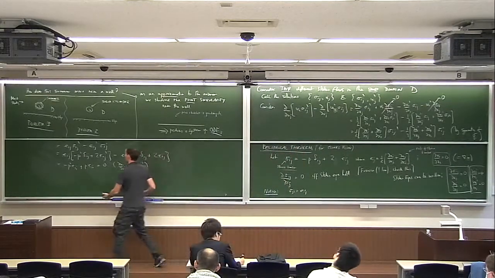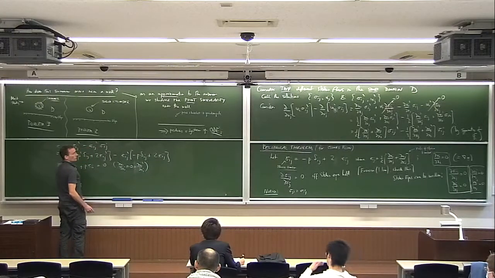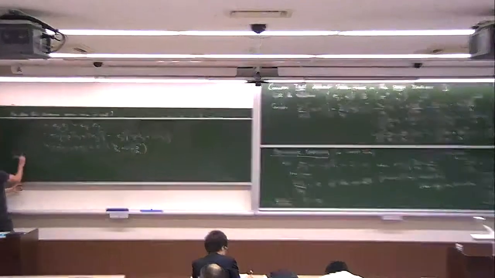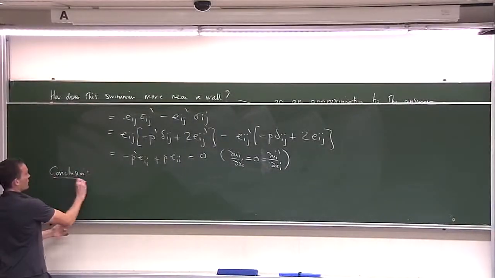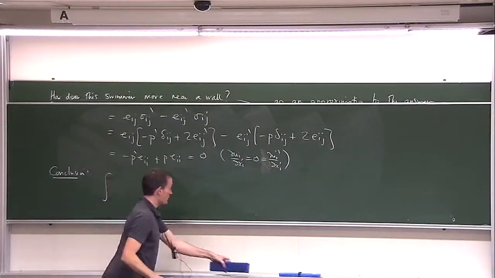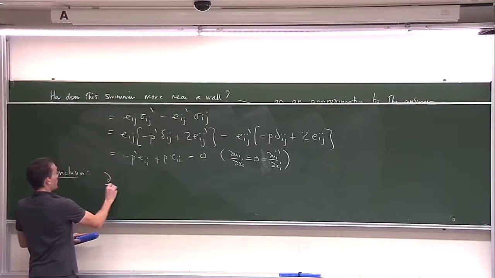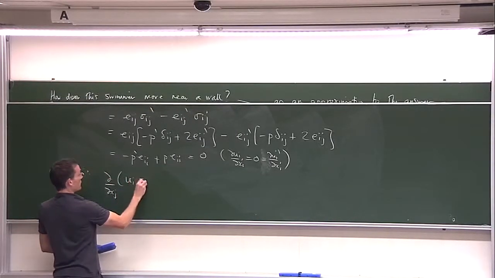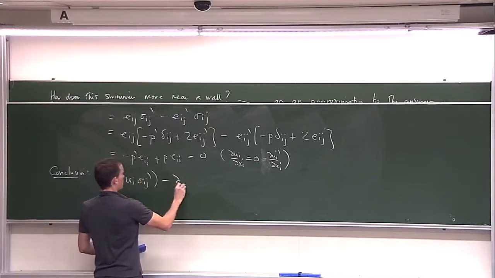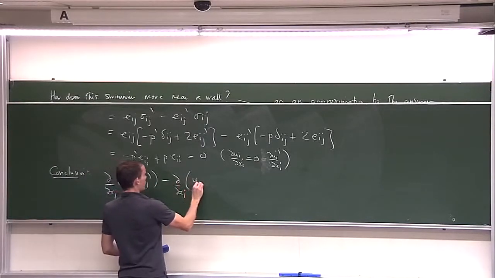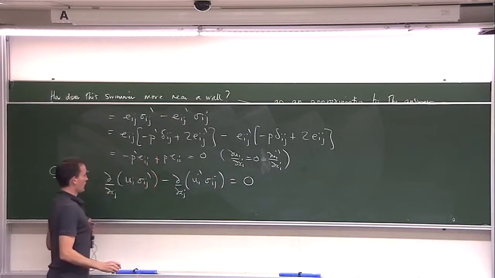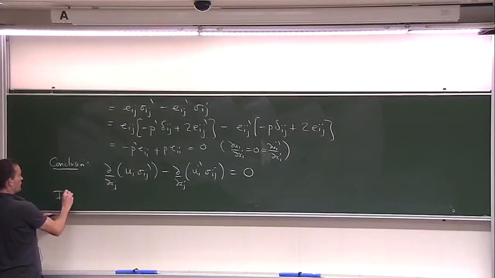Okay, so where do I want to go? Let me just do it again. So this is the conclusion. Oh, let's not integrate yet. Let me just say the conclusion: d by dxj of ui sigma ij prime minus d by dxj is equal to 0. So let's now integrate